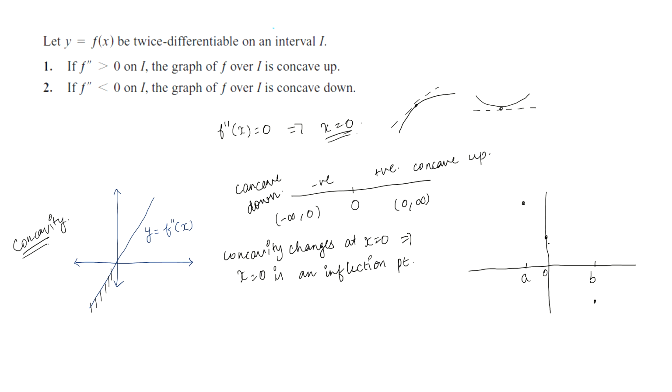So, if this is the point P, then the concavity of the function will be changing at x equals 0. And this is the point from which the graph will be passing. When x equals 0, this is the value y will be taking. Okay, and in this region the function is concave down. And we know that it is increasing from minus infinity to A and then decreasing from A to B and then increasing from B to infinity. So, it is increasing from minus infinity to A and it is concave down. So, this is how the function will be.